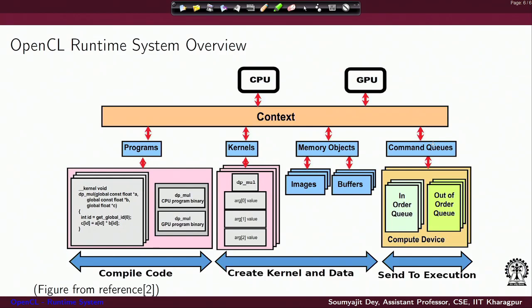You have these programs, the program sources, right? The kernel sources, and from the kernel source, you can compile them to create CPU binaries, you can compile them to create GPU binaries using suitable different compilation systems, or you can actually use our methods to create programs from the sources, right?